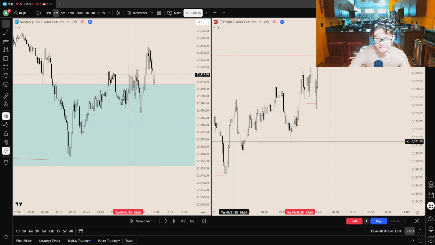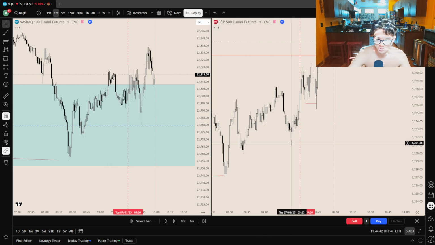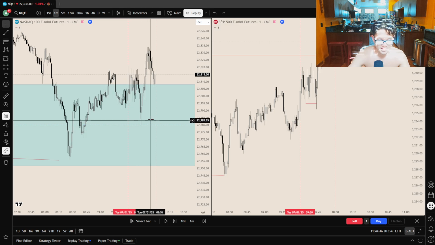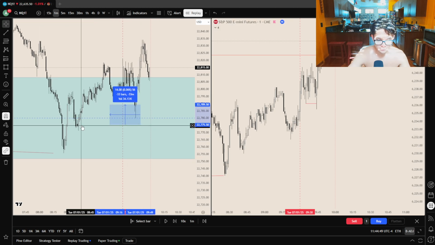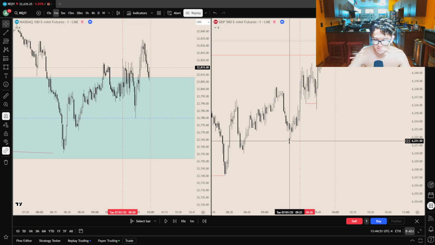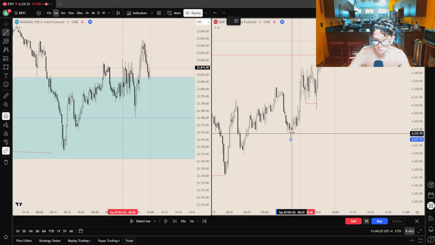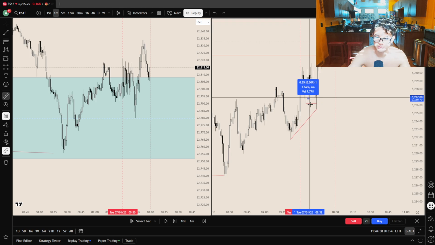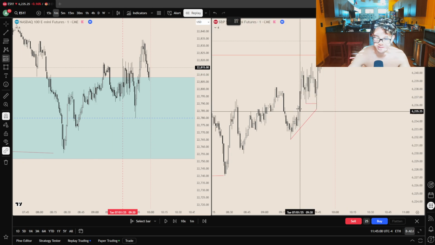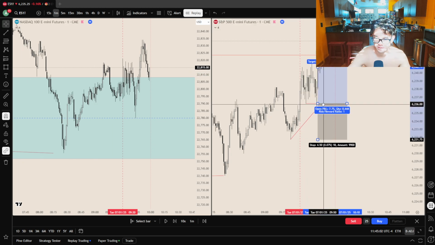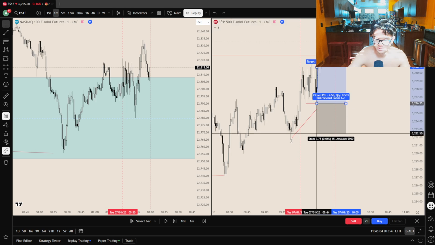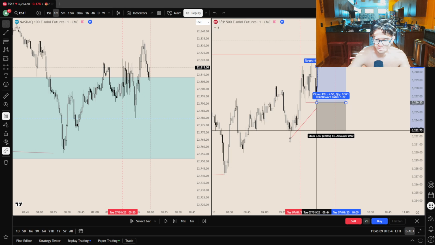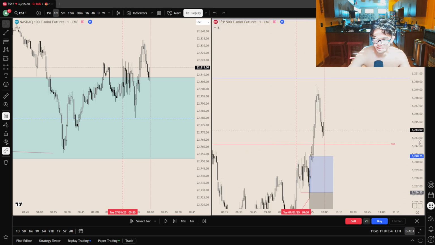NQ takes, let's see, where's this low? This low is 922. NQ takes that low, while ES doesn't. So this is SMT. SMT here, and we also have a turtle soup here. So my entry should have been this, on this sweep, stop loss at this low, if I can get it, targeting the equal highs.